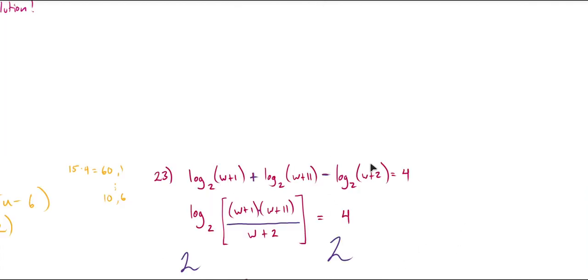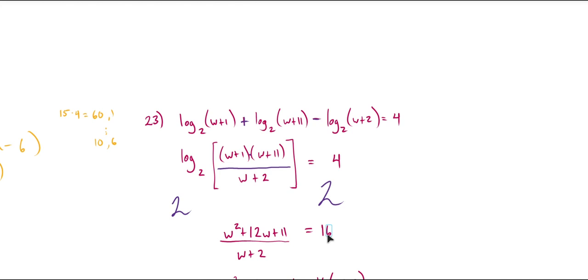We really just want to proceed the same way that we've been doing, which is to group things as a single logarithm with the properties of logarithms. That's one of the main uses of the properties of logarithms in this class, is to solve logarithmic equations with them by first grouping things together into a single log, and then composing that log with its inverse in order to cancel it. So log base 2, we compose into 2 to the power of. 2 to the power of 4 is going to give me 16, and foiling out this top part here, we're